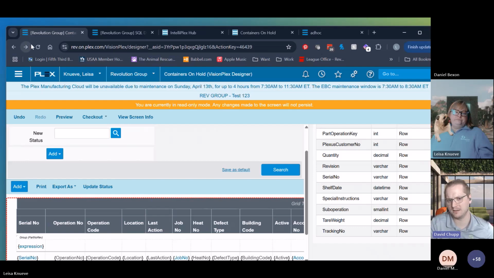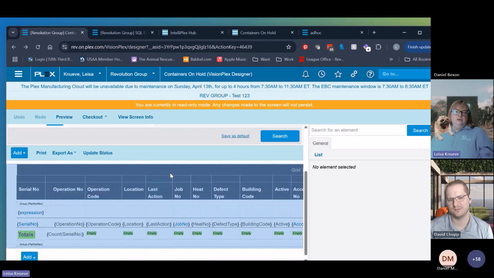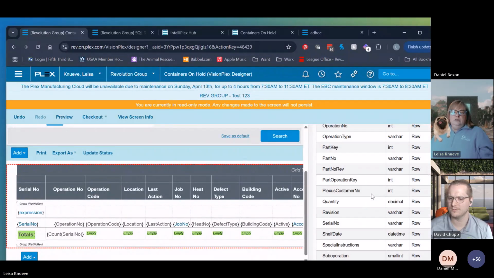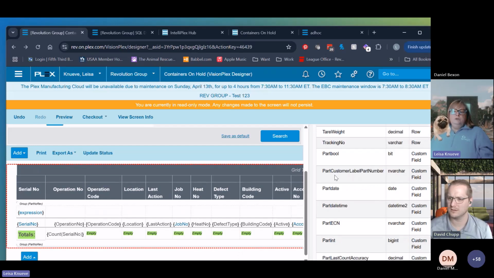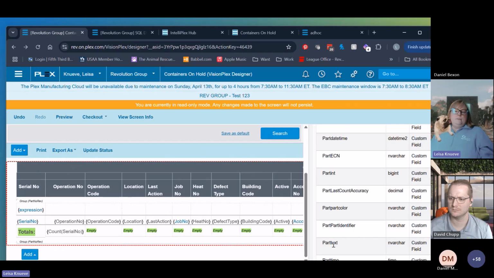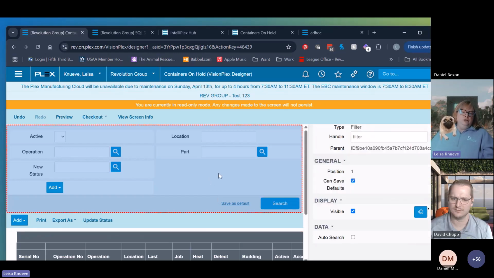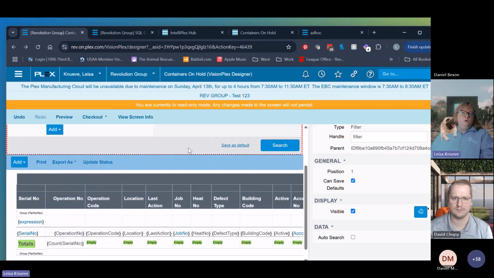If you can filter the SQL based on the custom field. Yeah. So here, like all of these part bool, all of these are custom object, and it says right here, custom field. You can just click on it and drag it and drop it onto the screen if you want. Any of these fields. And then if you want to add, let's say you want to add a picker for